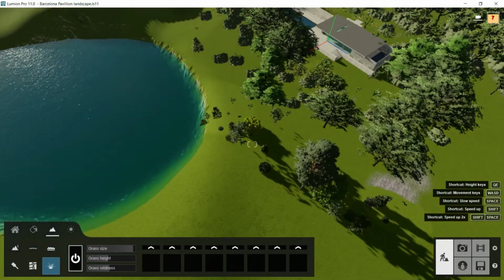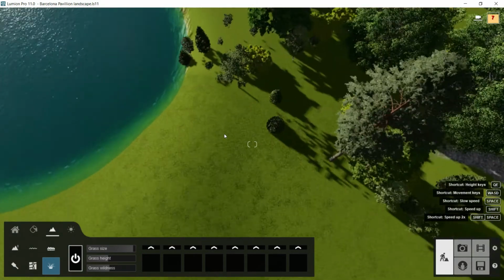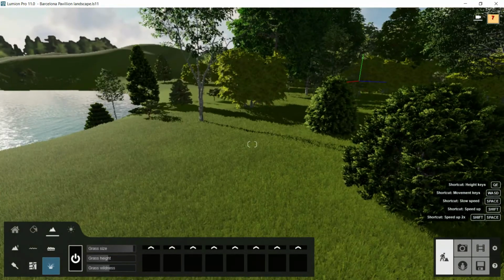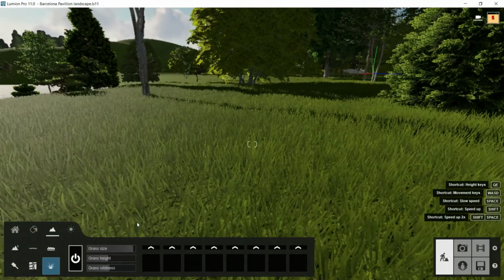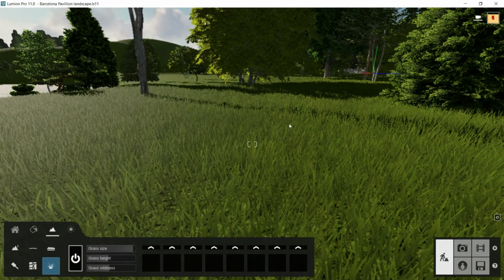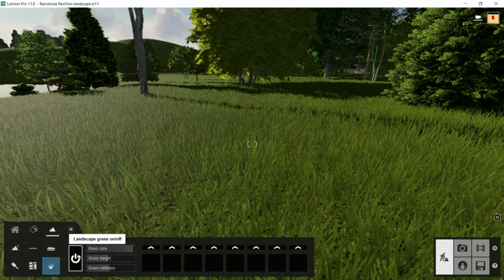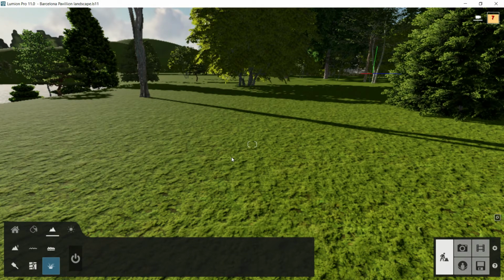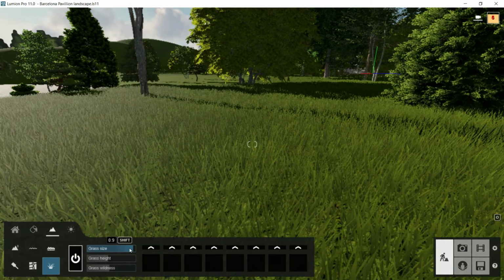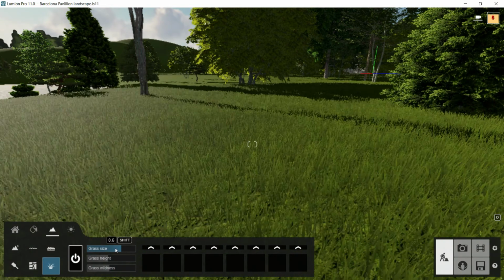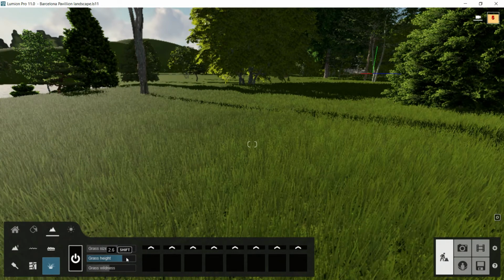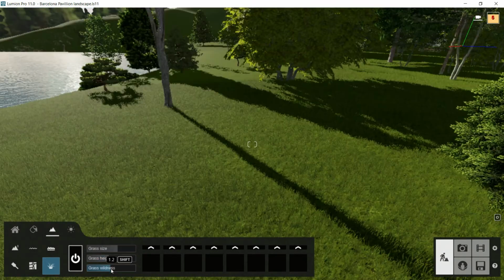I will put the camera a little bit closer in order to let you watch better how this grass is working. For example, here. First of all, look that when the grass is on, we can see it here clearly. But if it were off, we would see just this texture, without any depth, much poorer in terms of graphics and quality. So with the grass size, we will control, of course, the size of this grass. Here we will control just the height, not the size. Here we can control the